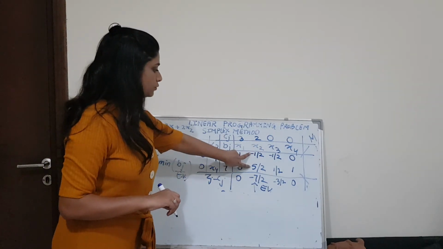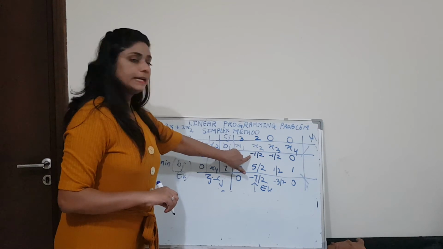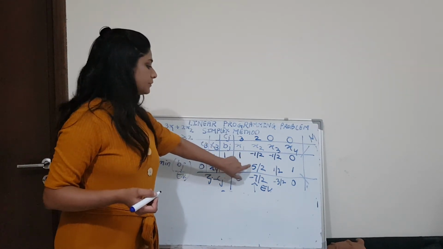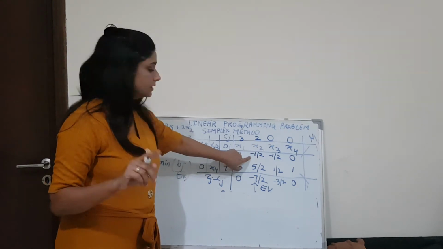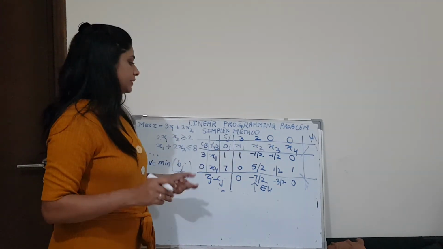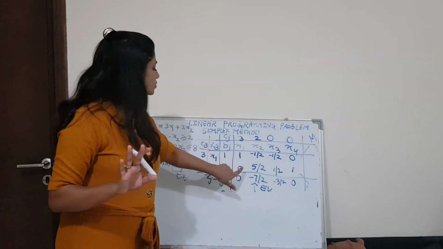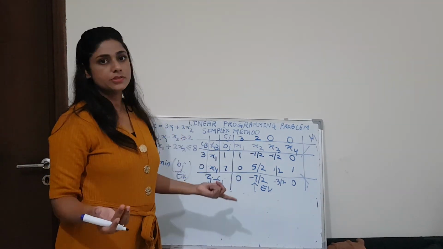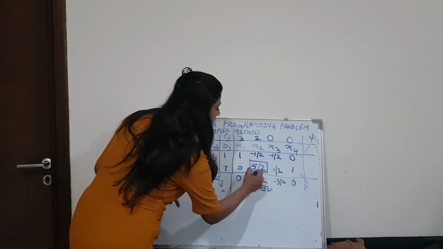We have only two entering vectors. Now one is negative and one is positive. So the negative entering vector we will not consider. So for minimum Bj upon entering vector, we have only one option here. Negative value we will not take. So from here only we will get our outgoing vector. So I am making a box here.